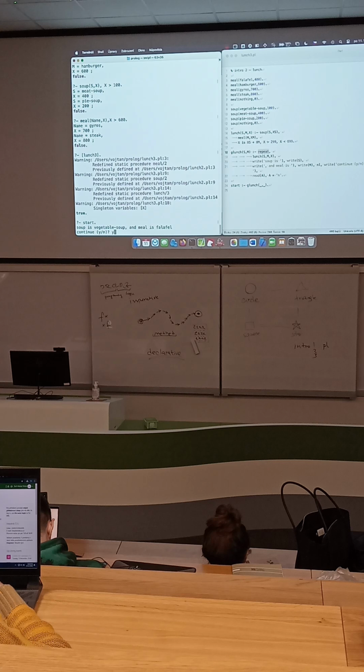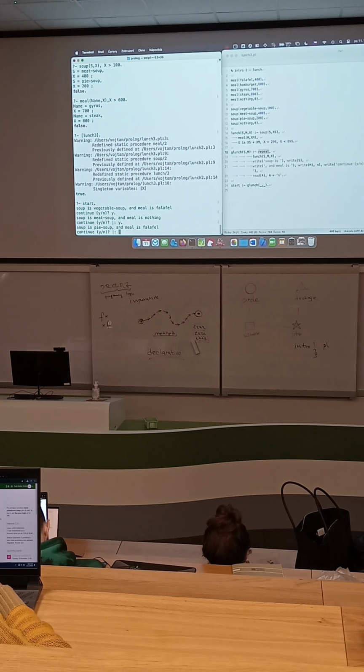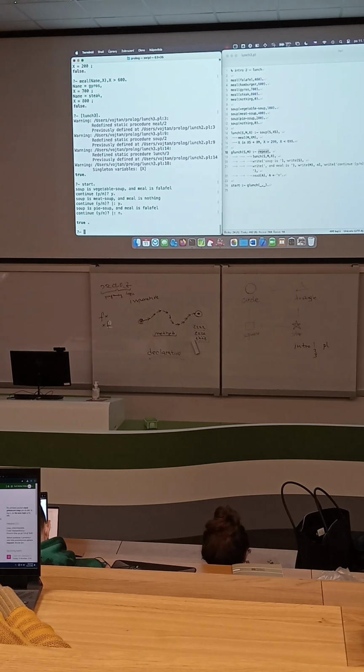Yes, continue. Dot. Soup is meat soup and meal is nothing. Yes, continue. Dot. Remember dot. No. Fine. So it looks almost like some simple program, but still it is under logic.